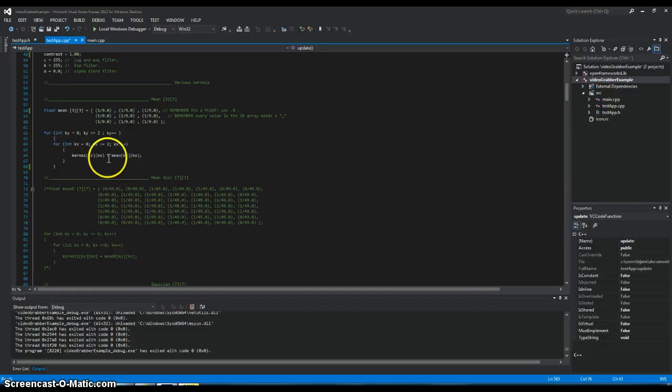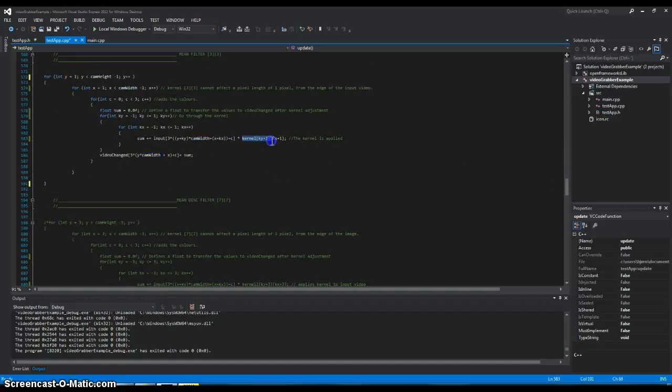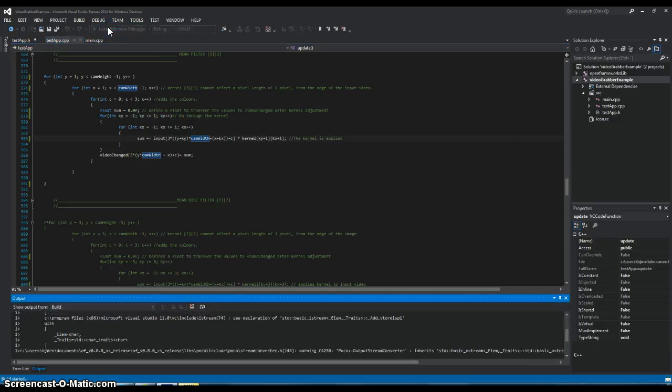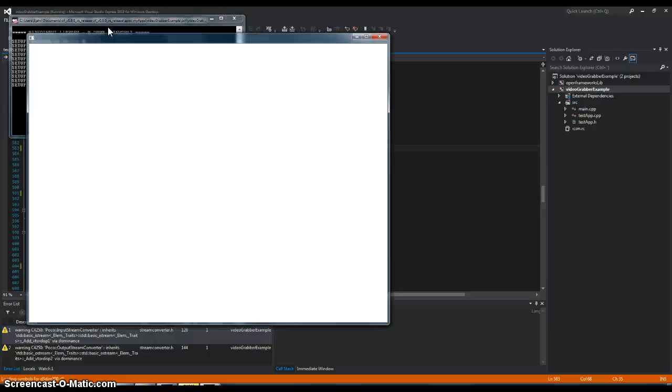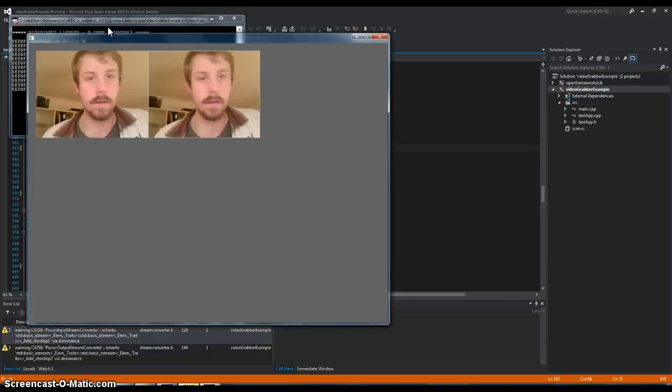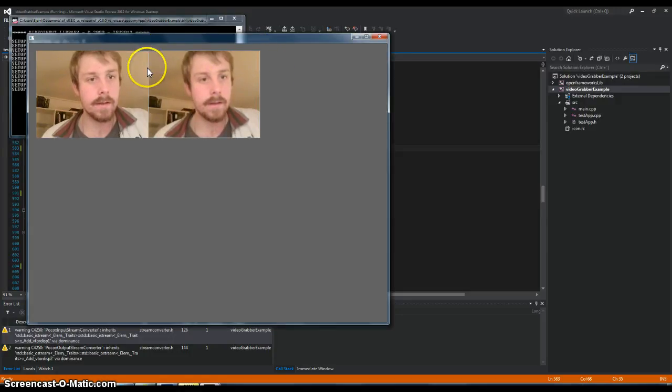And yep, we set the float to be equal to the kernel, which is then called upon here, and from there we have the sum equal to the video output. Let's see if it wants to work this time. Oh, there we go. See, it adds some blur effect to the video, and it also gives a little frame